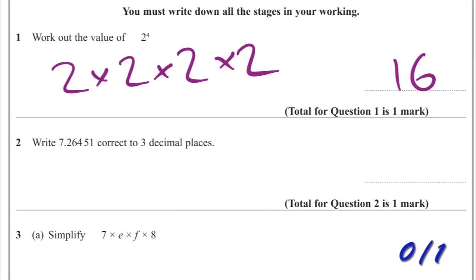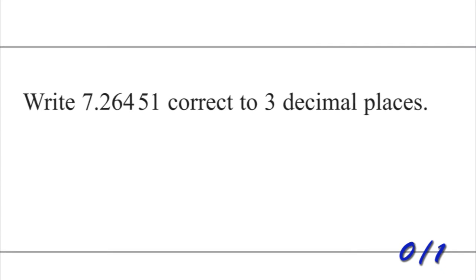Question 2. Write 7.26451 correct to 3 decimal places. What this question is asking for then is a number with only 3 decimal places. If we think about where this number is on the number line,